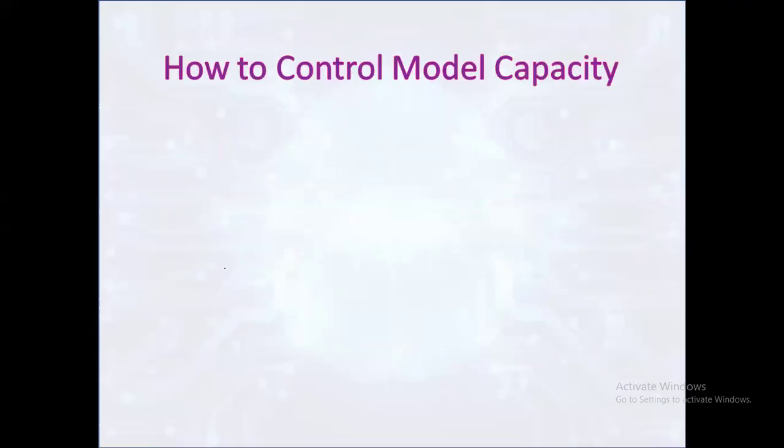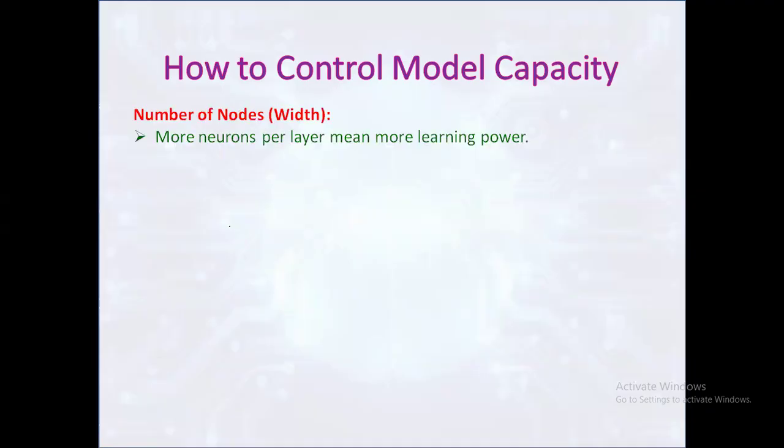Next, how to control model capacity. The number of nodes in a neural network layer, we can call it the width. We know that the neural network consists of an input layer, many hidden layers, and also output layers. How many nodes are there? This we can call width. More nodes means the model has more units to represent different patterns. Suppose the input has n nodes, n patterns we can represent,